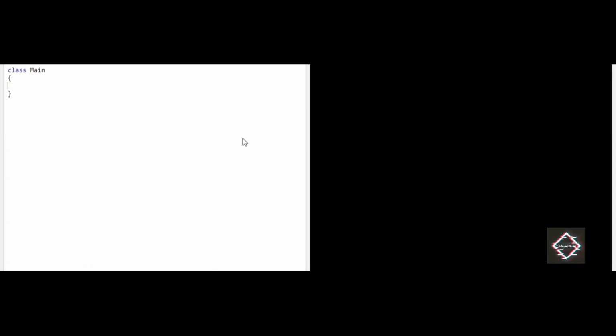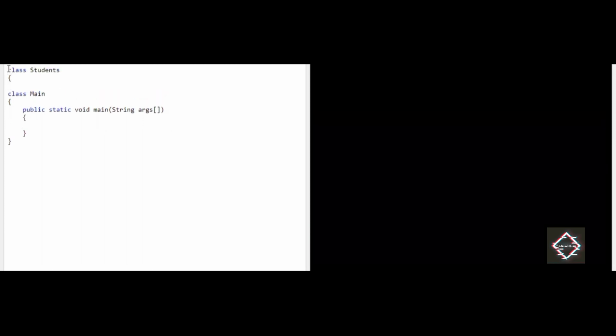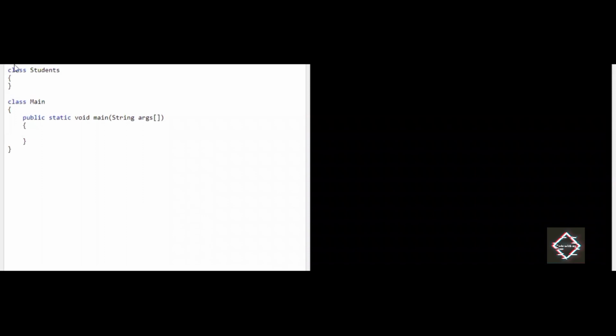Inside this I'll declare public static void main, followed by String args. Now I'll create another class, Student. Inside this class, I'll create three instance variables.